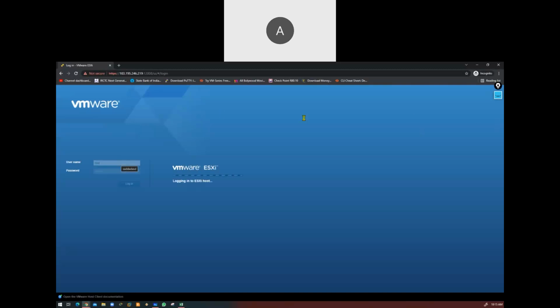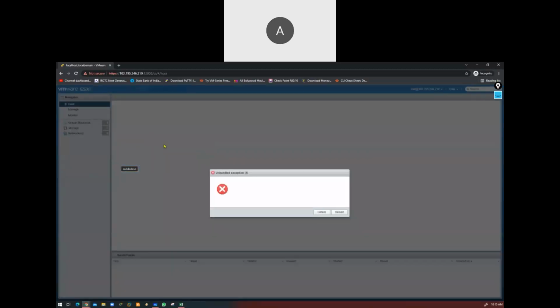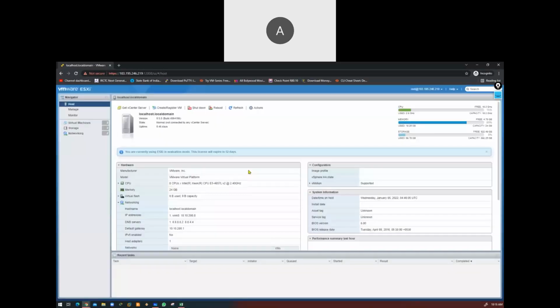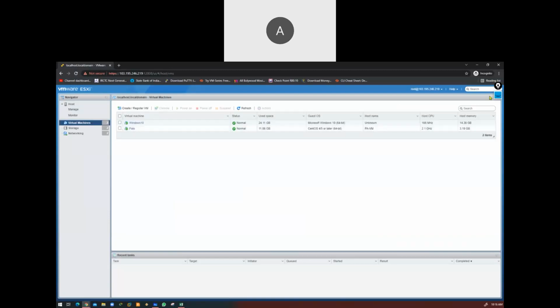Okay, guys. The steps which I am telling you right now, that's all you have to follow. I'll provide you this recording after this session. Meanwhile, just stay there and watch how we are going to set up the lab. By default, when you log in to this VMware, you will see there are two machines running, right? One is Palo Alto, one is Windows 10.